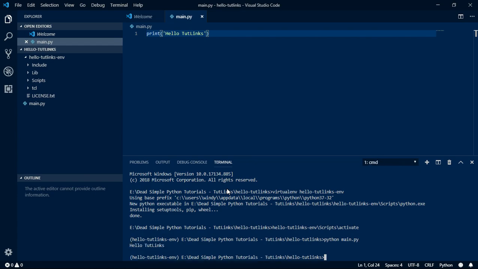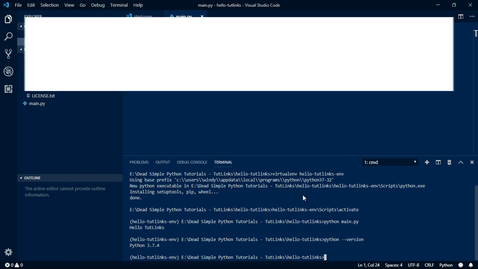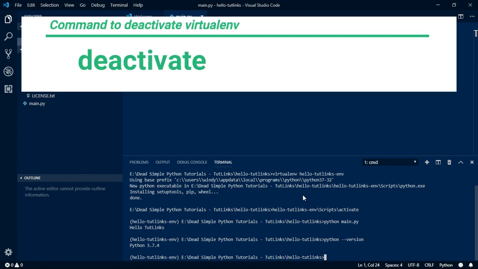You can also do the Python version check for this virtual environment by typing python space double hyphen version and hit enter. Now we will see how to deactivate the virtual environment.